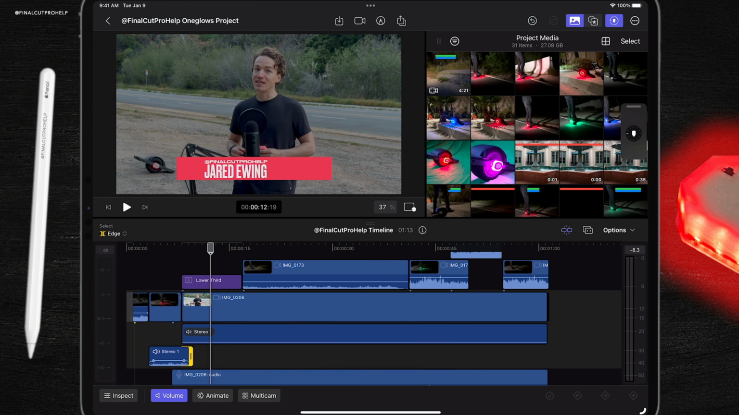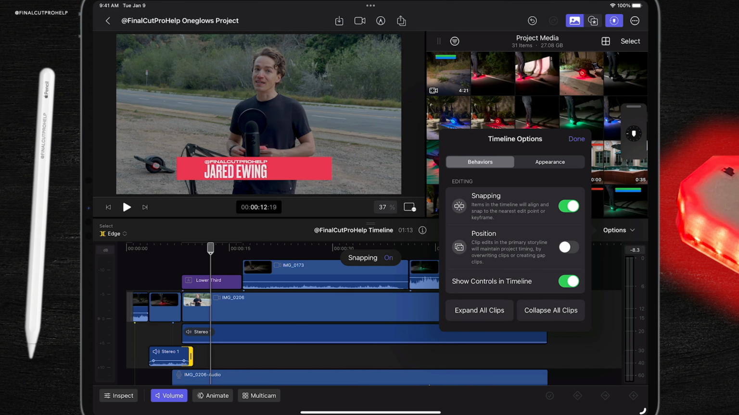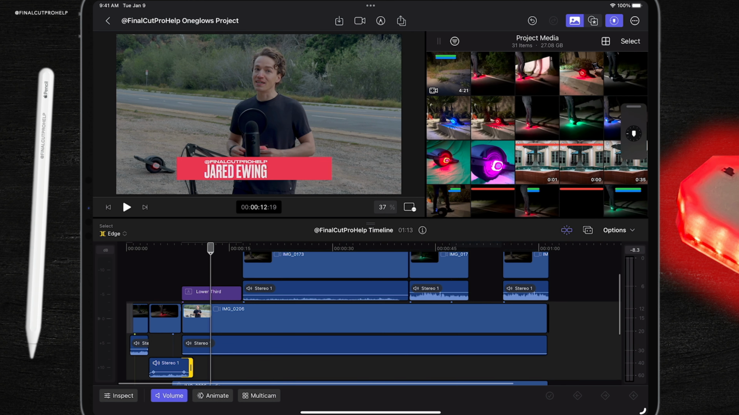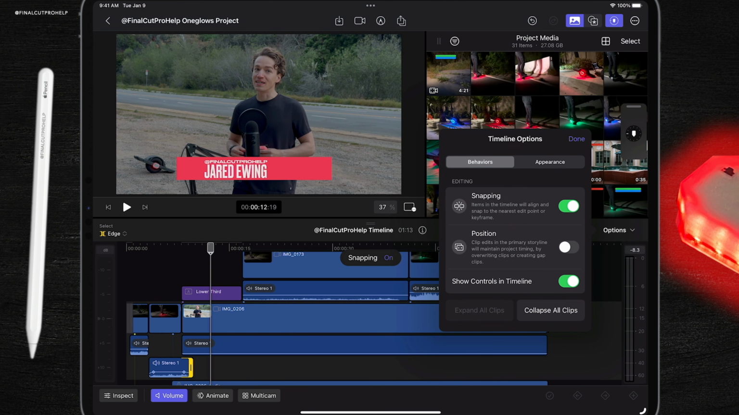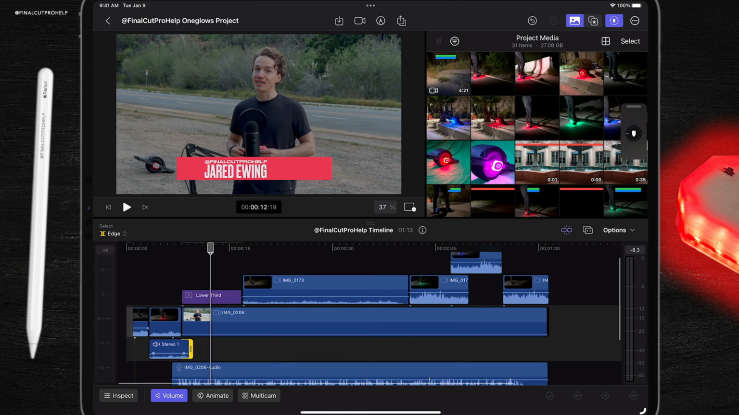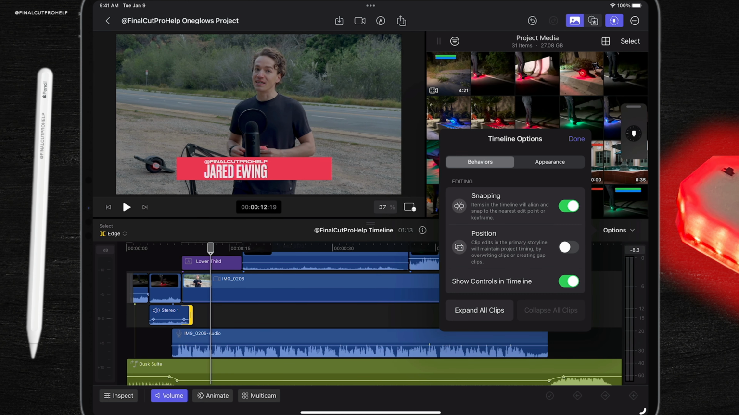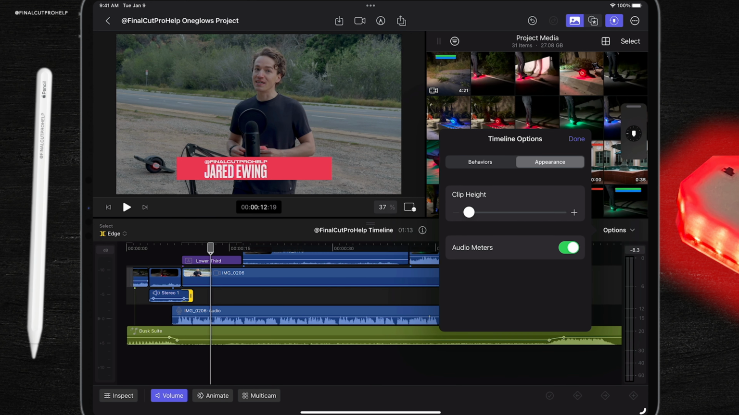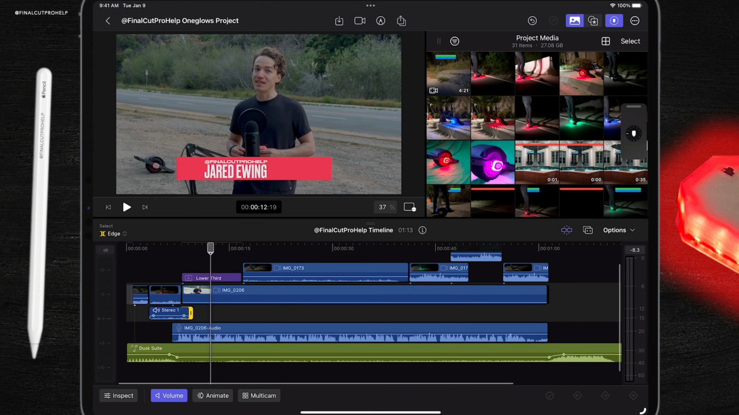Use the Options menu to expand or collapse all clips. Use the Appearance tab to adjust clip height, and when not in volume view, show audio meters on the right side of the timeline. I frequently get questions related to not being able to make a cut at a certain